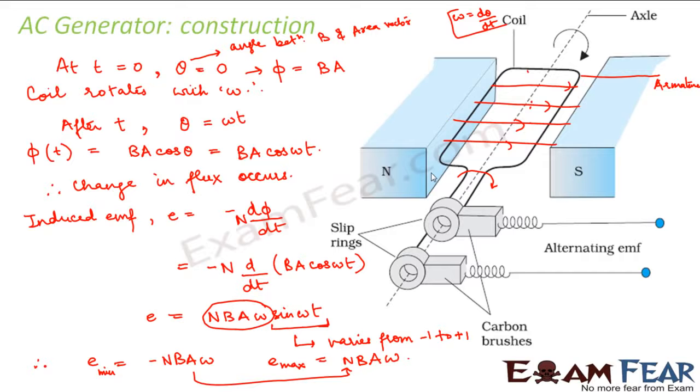So I will brief about them after a few slides, right? So that means when I talk about a generator, it basically changes the mechanical energy. That means when you are rotating the rod, that mechanical energy is finally getting converted into an induced EMF. Now an induced EMF is produced because of that. As a result of that induced EMF, there is an induced current which is produced, and from this calculation we